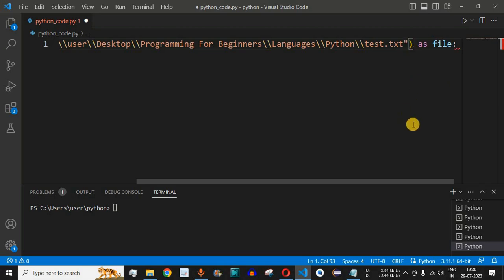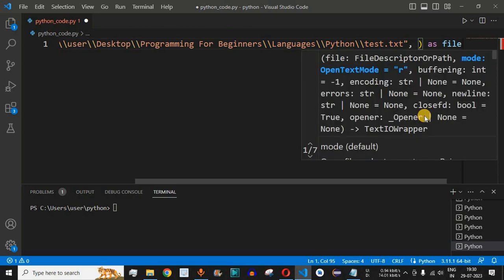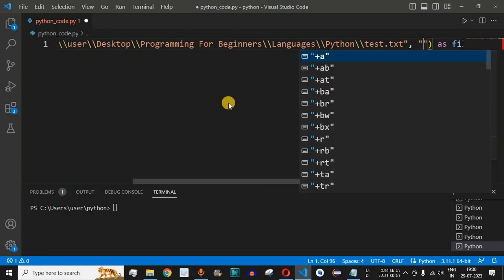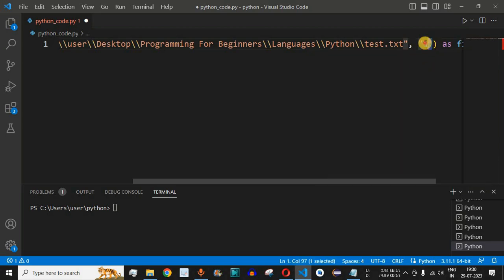Now guys, there is one thing that we have missed out over here. While opening the file and providing the path of the file, we need to provide the mode in which we want to open the file. So over here after this we have a comma, and then as you can see the second parameter is the mode. By default it will be R, that is the read mode, but we want to open it in the append mode over here. So we provide double quotes and then followed by A over here. So guys, this A will help us in order to open the file in the append mode, so that whatever we write into the file, it is added to the existing data.